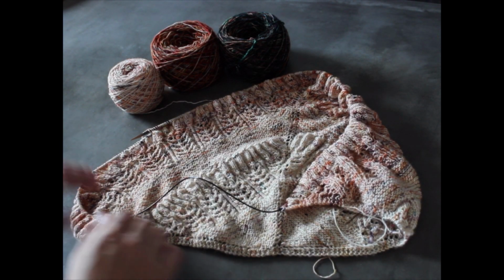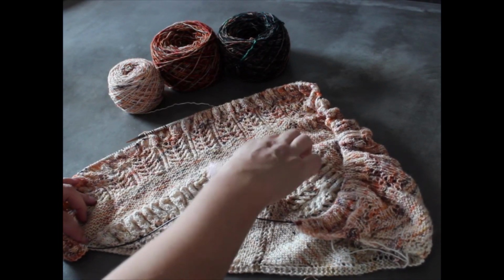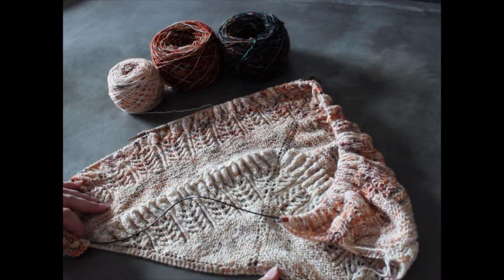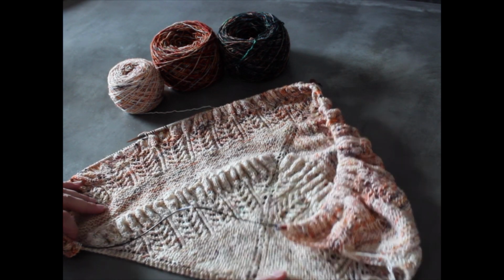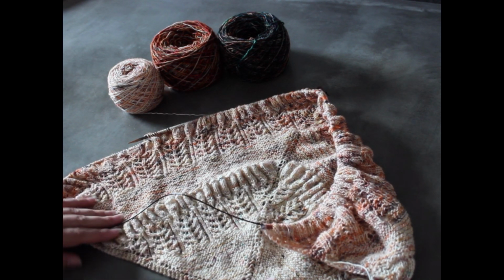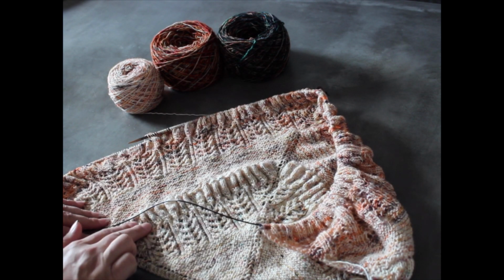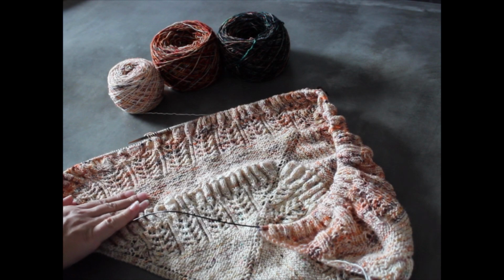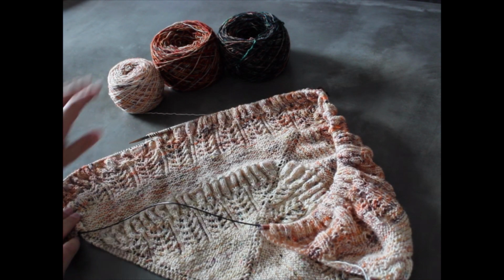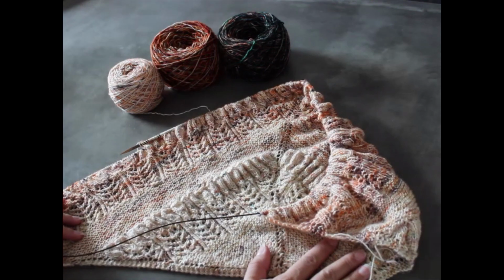Now here's a project that I already showed you in a previous episode. I think I showed you the first color of this fade shawl, and now I've made progress onto the second color. So there's this garter stitch section, then lace and fringe, and fading garter stitch and lace, and now I'm working on the second fringe, and I've got 2 more colors coming up, so it's still going to take a while before